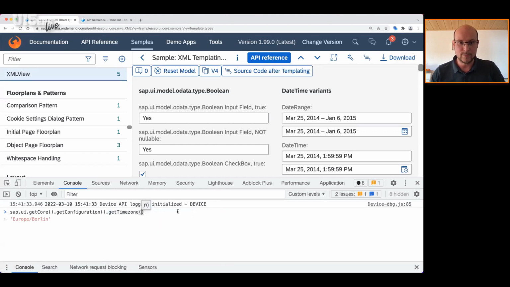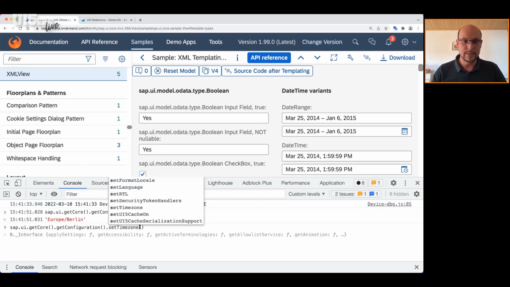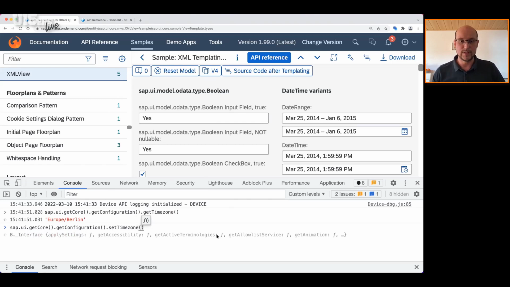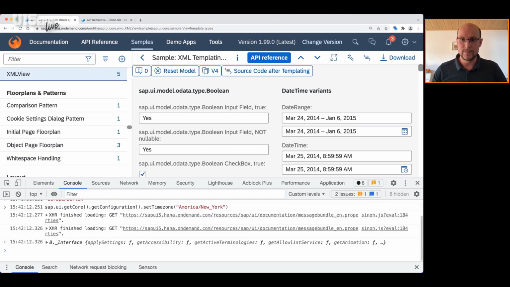Currently, it's Europe/Berlin, and I can change it to something else. It's using the IANA time zone IDs, which is an international standard, the international time zone database. And these are the identifiers. And you can see that the time actually changes.